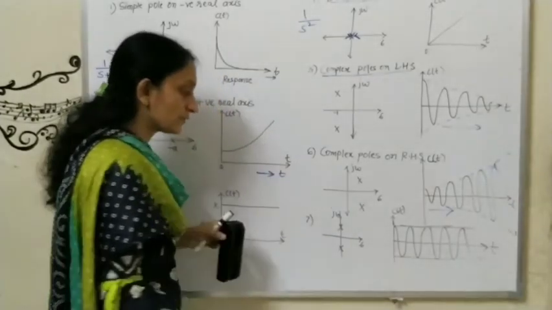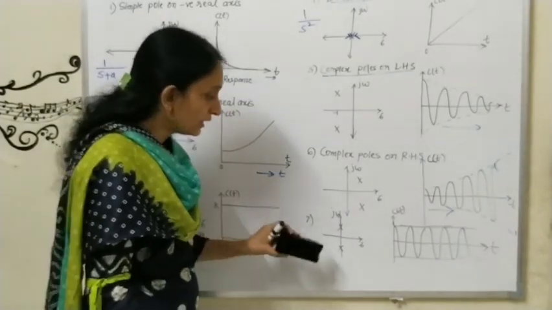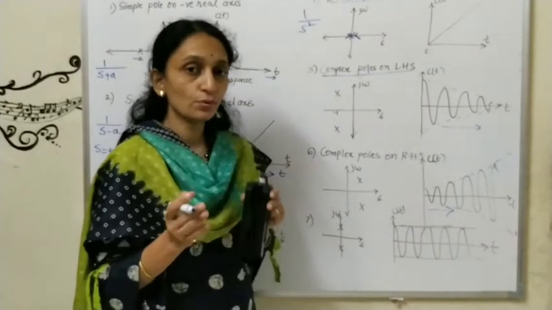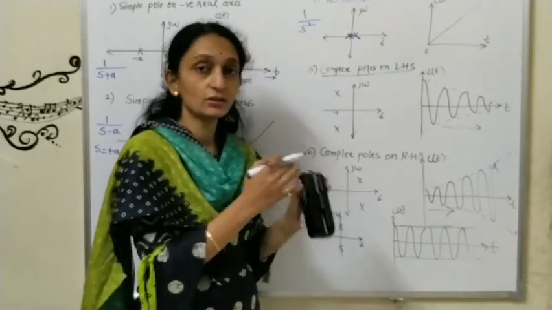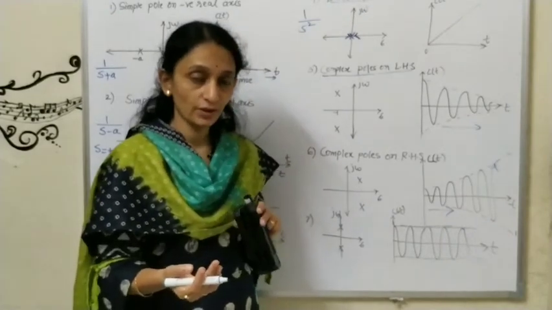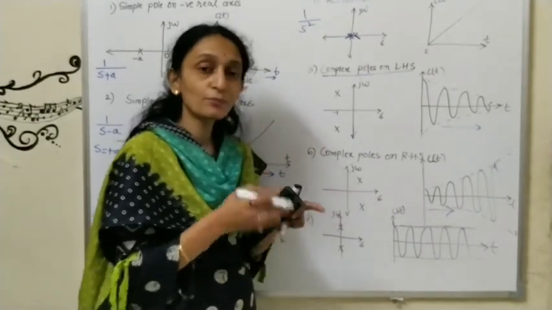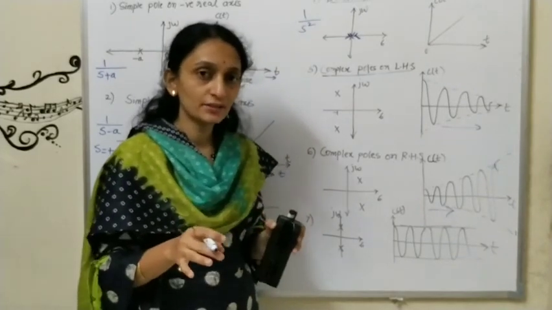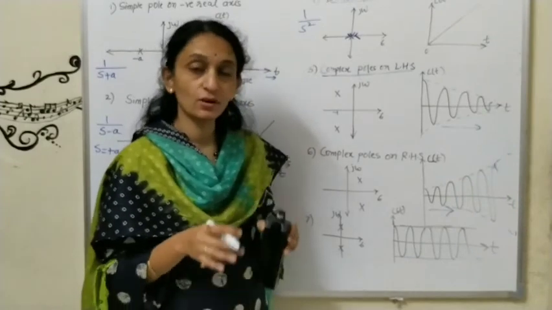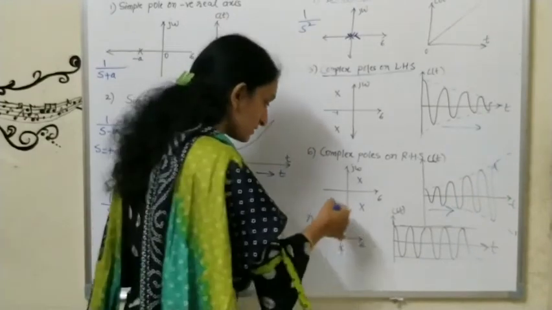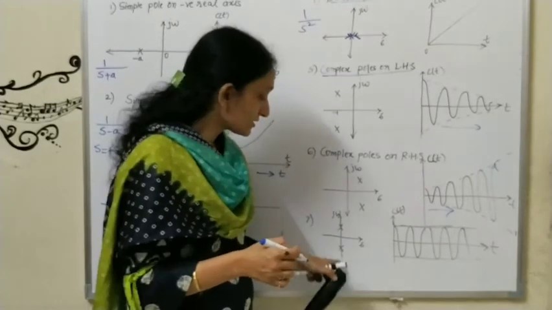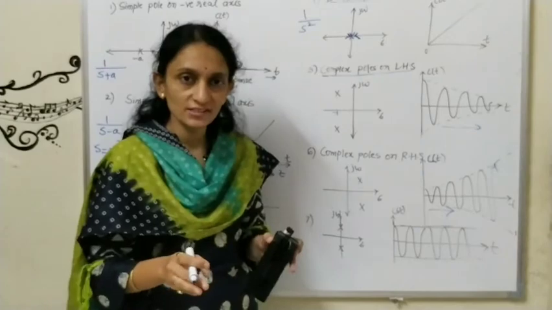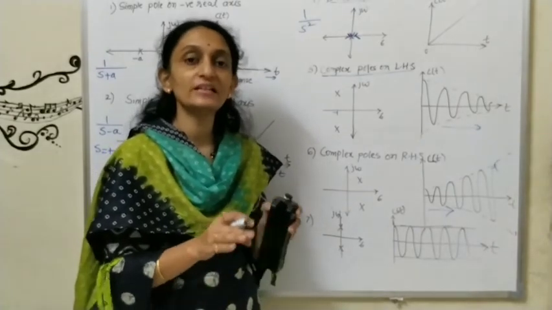Okay, now the last one is number 7. If the poles are located on the j omega axis, I told you that the poles are neither on the left hand side nor on the right hand side. So these poles are on the boundary condition, on the j omega axis. So you cannot directly comment on the stability, whether the system is stable or unstable. In such a case we say that the system is marginally stable, or we say the system is critically stable.